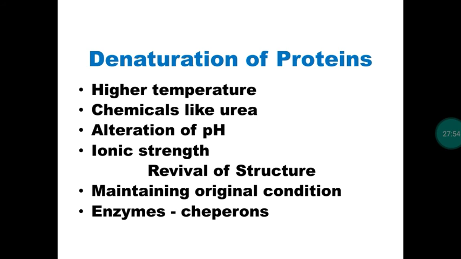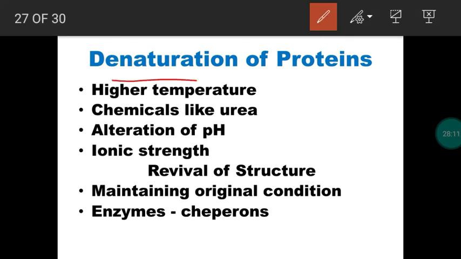Next, we move into the denaturation of protein. A 3-mark question. What is denaturation? So as we told already, for a protein, the structure is a 3-dimensional structure. So denaturation means the protein will lose its 3-dimensional structure without any change in primary structure. This is called denaturation. So the 3-dimensional arrangement or structure of a protein is lost without any change in primary structure. So this is called denaturation.